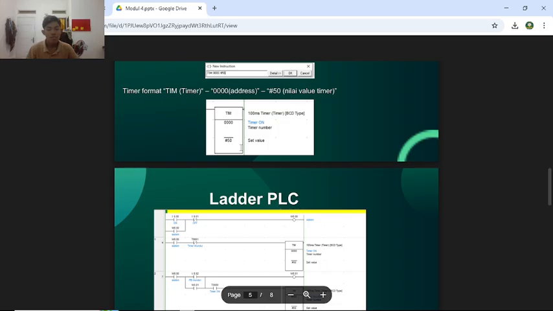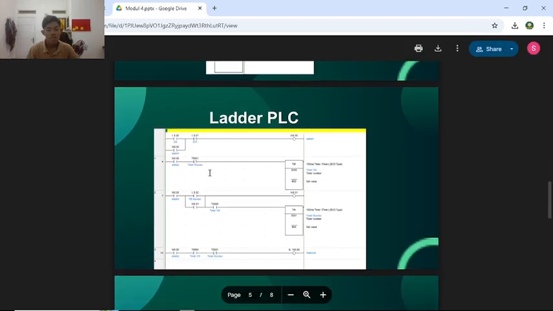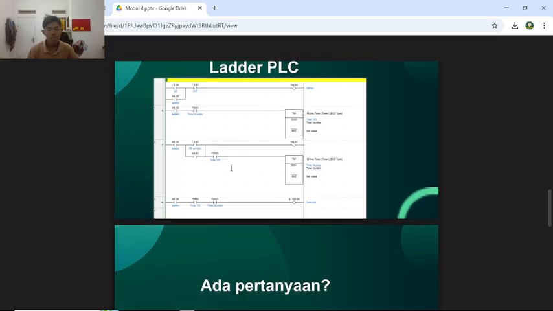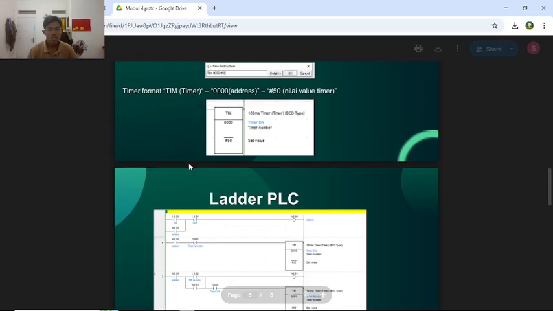Now we will continue to the diagram of the PLC trainer board. We will apply this to the trainer board. The trainer board allows us to practice ladder programming and directly observe how the pneumatic system reacts to different timer instructions. So I will explain the ladder diagram that I create. We will make this according to this.